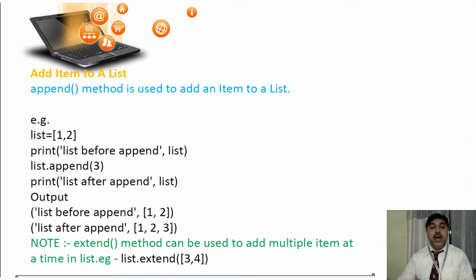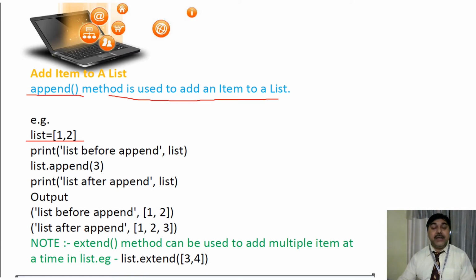So here I have started one new thing, that is to add an item to a list. Adding means appending. This is what is known as append. That means I have called an append function. Using the append function, I can add an item in the list, and after adding the item I can work with it. So how to do it? First I have taken the list here.